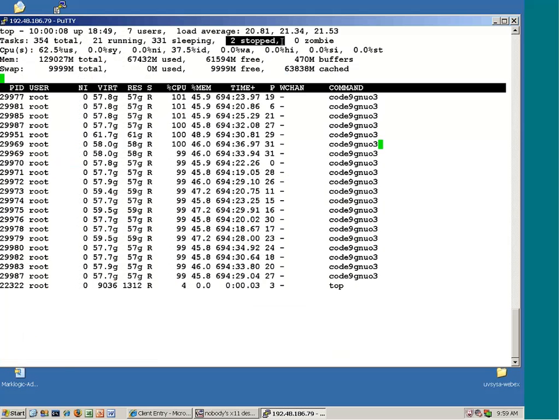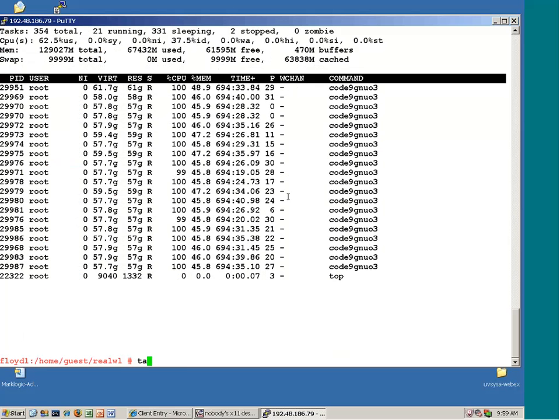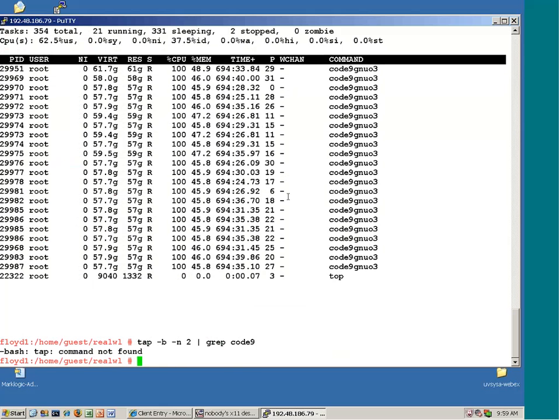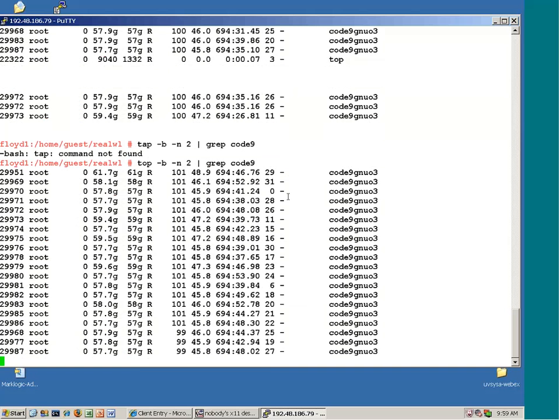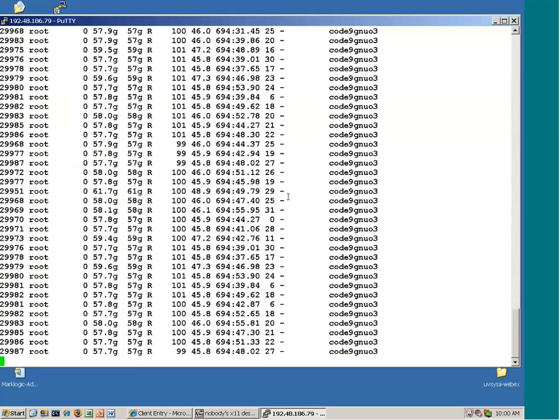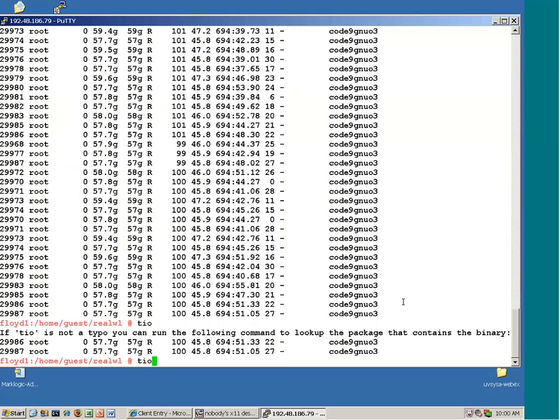Bring up top. And I see two are stopped. But again, I can't see them here. I'm going to quit out of there, do a top -b -n2 and pipe and grep for code 9. And I'm only seeing the running right now because of the way the toprc is set up. I'm going to remove, let me just go back into top